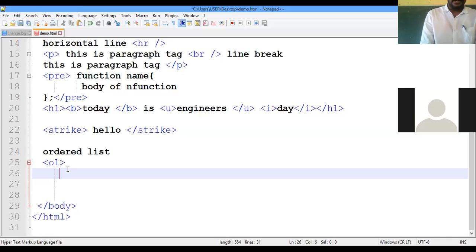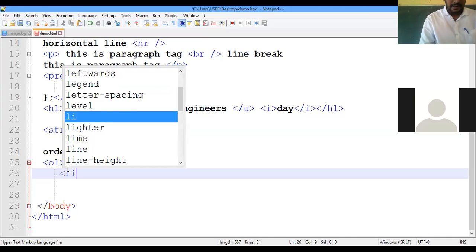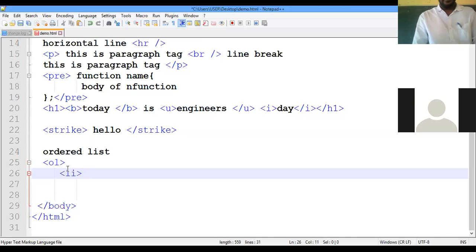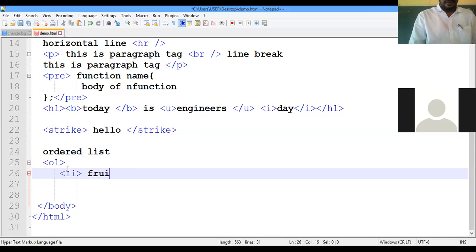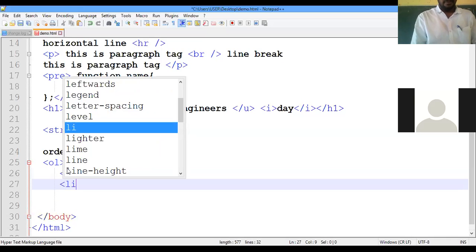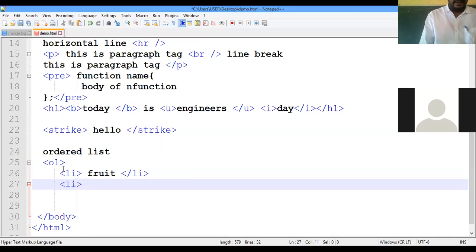So we are using the order tag. Then we will write LI, list tag, and the close of the LI tag. So one piece of information is written. Next I will write one more tag.